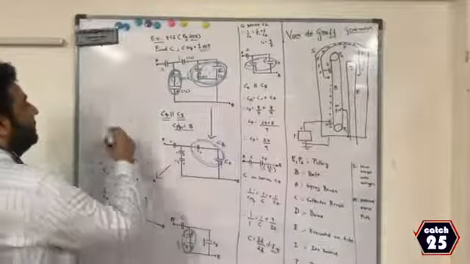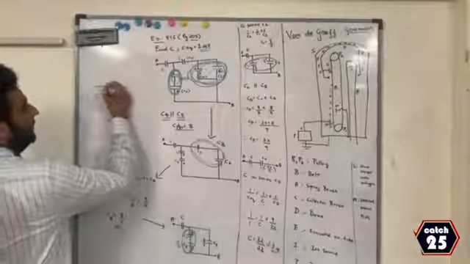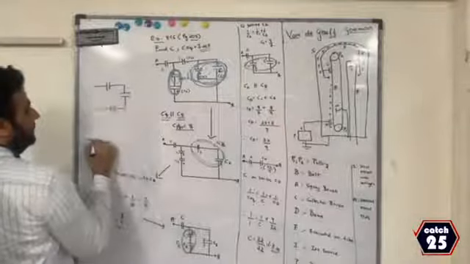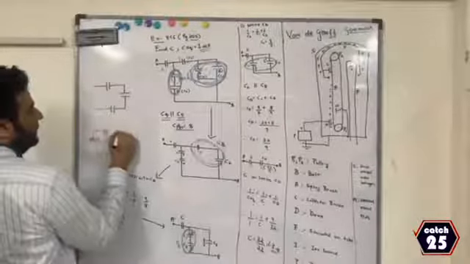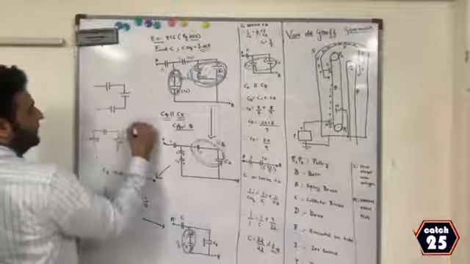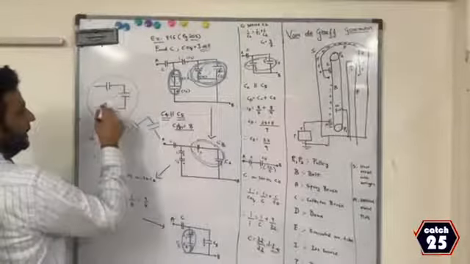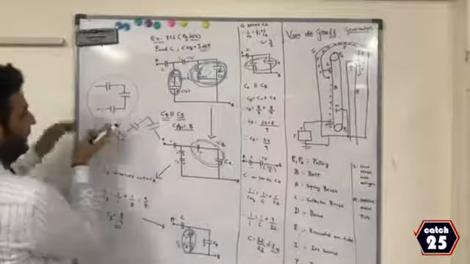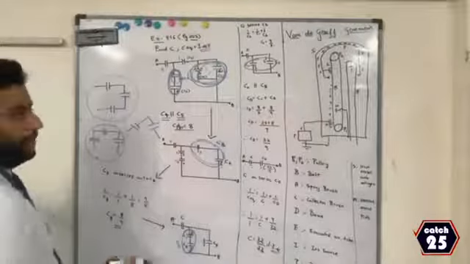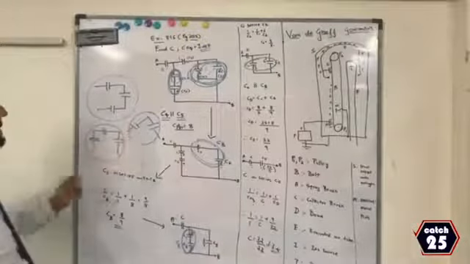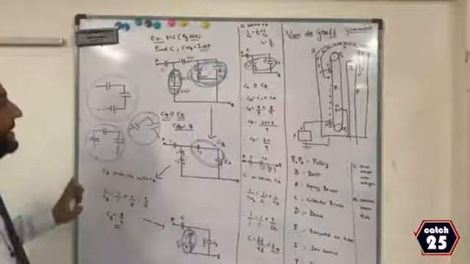Let me show you some common examples of series. When the capacitors are like this, please remember, in any form, like this, like this, like this. If you notice, please remember this. These three are in series, these three are in series. I have just taken a rotate. Even these two are in series. Please remember, these are the best examples of capacitance in series.